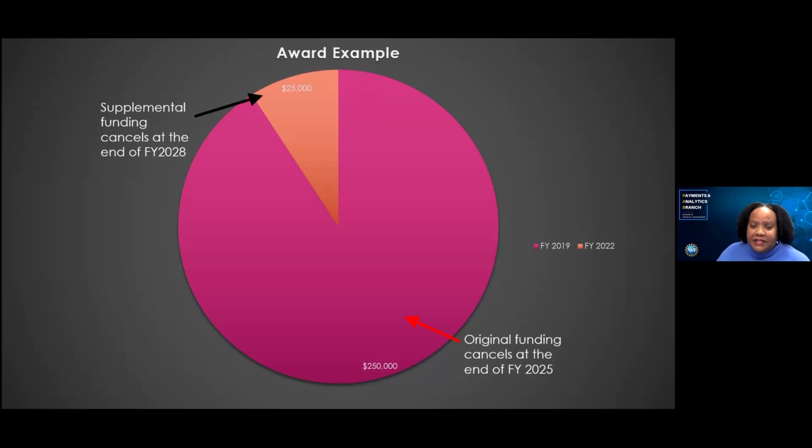Let's say your organization received $250,000 upfront. The supplement that was received was a small amount of $25,000. The PI requested a no-cost extension because they had $100,000 remaining. The no-cost extension gets approved, and the PI might assume they have until May 31st, 2026 to spend the remaining $100,000. In this scenario, they would only have until September 30th of 2025 to spend $75,000 of that remaining